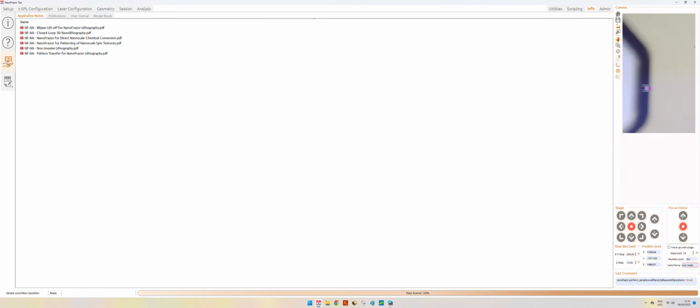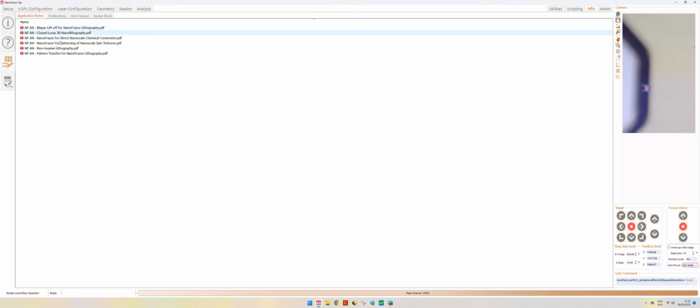Also very important to know is our knowledge database. So we have a list of different documents. You can see also the PDF of the user manual that we have here in the question mark. But first of all, we can see the application notes. These are very short documents that give explanation regarding important concepts of the NanoFraser technology.